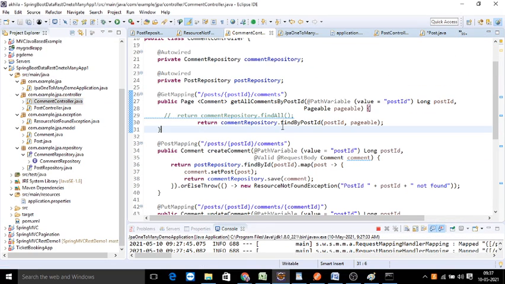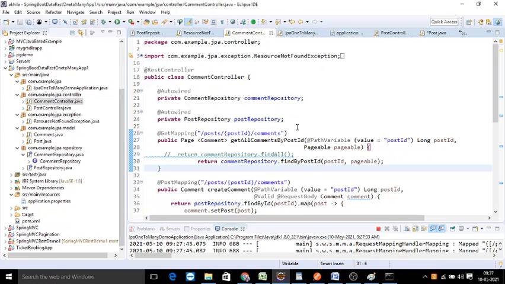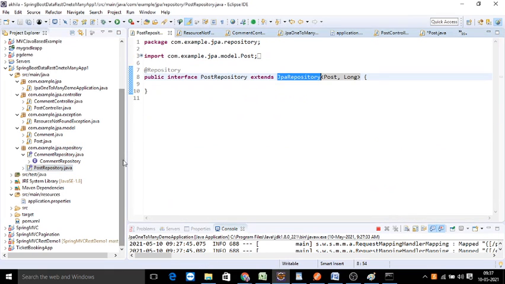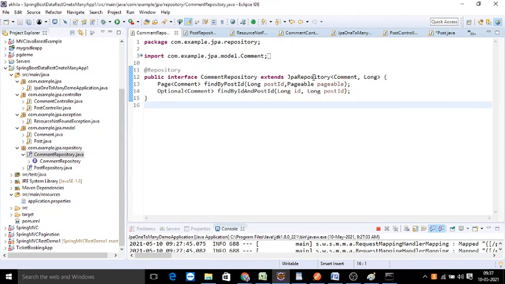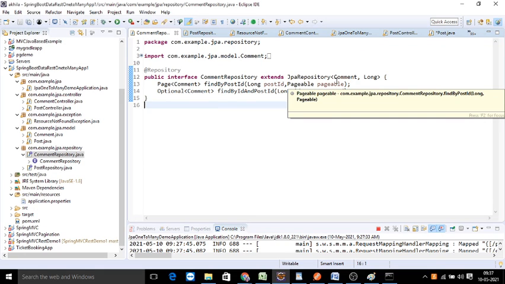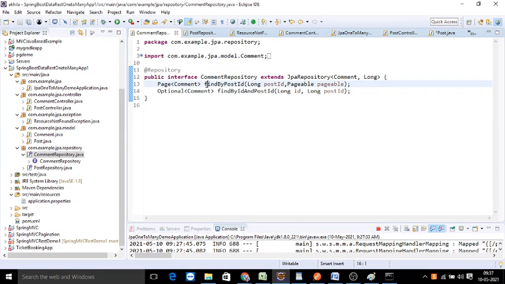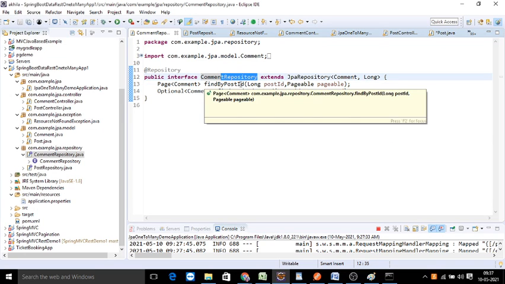Now how do we do it with the controller, which is the comment controller? Here we are going to use our many to one relationship. You can observe here the post repository is as usual simple, implementing JPA repository, that's all. Coming to the comment repository, we will have the comment repository extend JPA, and if you want to find all the comments by post ID, because it is associated with the post table, this will not be available as part of your comment repository, so you need to write a custom method.